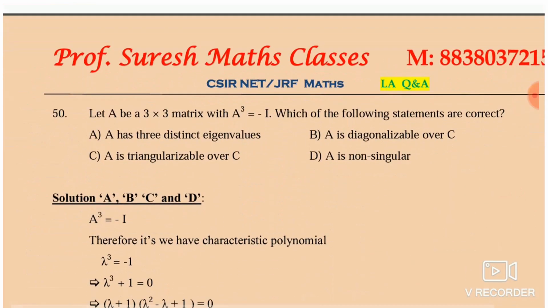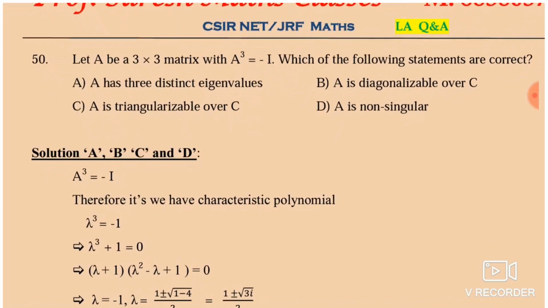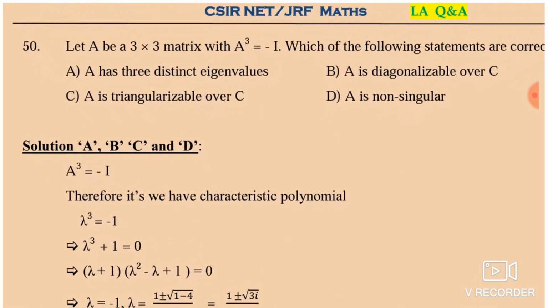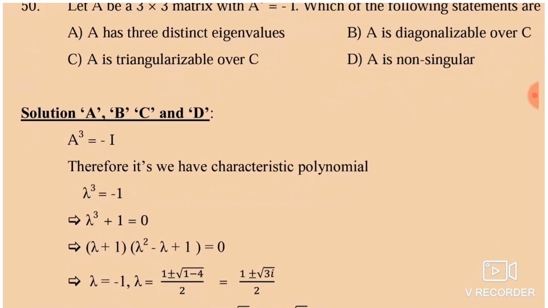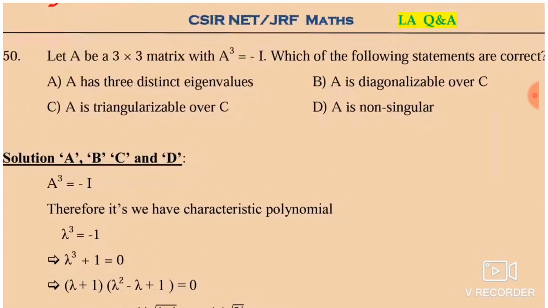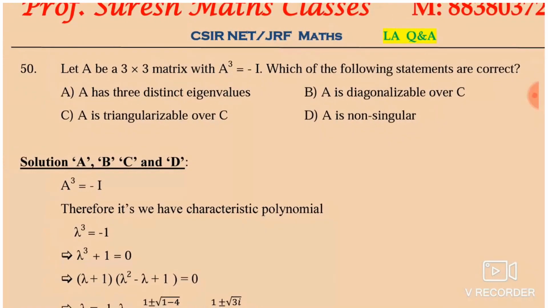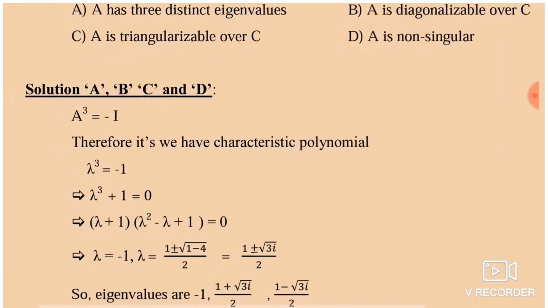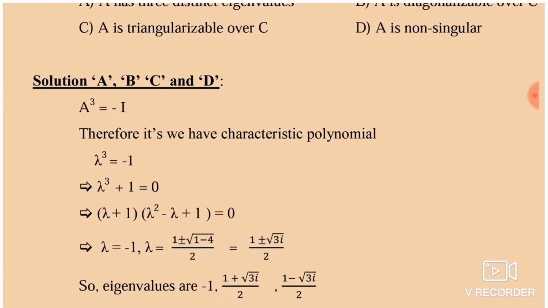C, A cube equal to minus I, that is given. So therefore we have characteristic polynomial lambda cube equal to minus 1. Here we may commit one mistake. So lambda cube equal to minus 1 means lambda equal to minus 1, like that we usually write. But here whether the entries and eigenvalues are real numbers or complex numbers is not given. So better always write like this. So think at a higher level. Here, lambda cube equal to minus 1 should not immediately be written only as lambda equal to minus 1. This is how you should simplify.